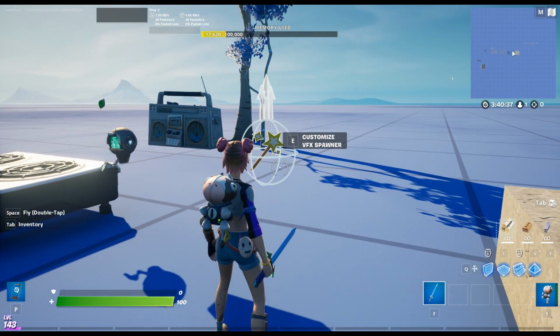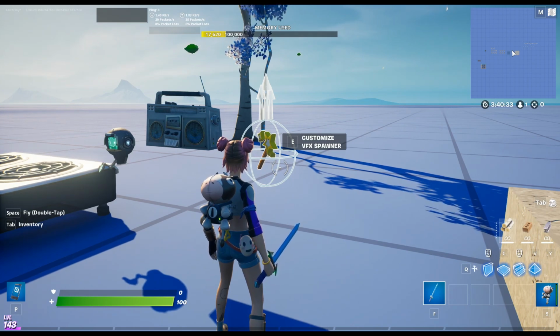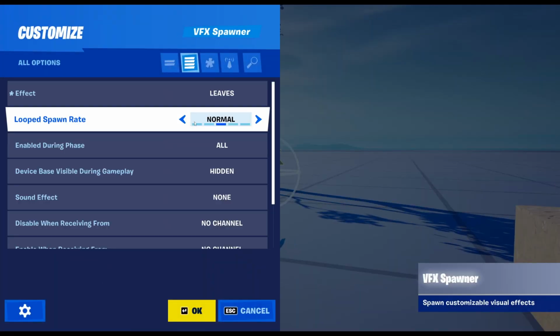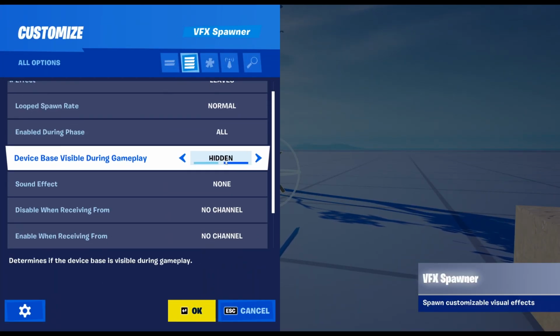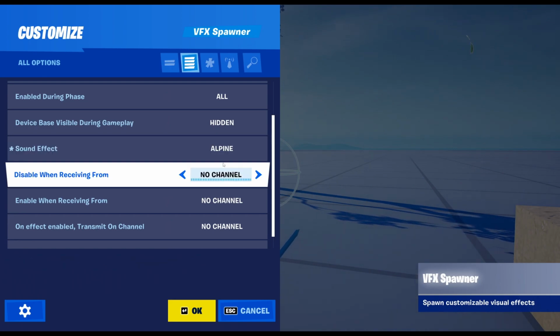Now over to the VFX spawner. The VFX spawner just got upgraded a ton. So if you're wondering, no, it did not get new effects, but it did get a brand new overall setting for this device. If you go all the way down, you have a sound effect. It doesn't need to be a VFX spawner. You can use it for sounds. So if I now hit OK,